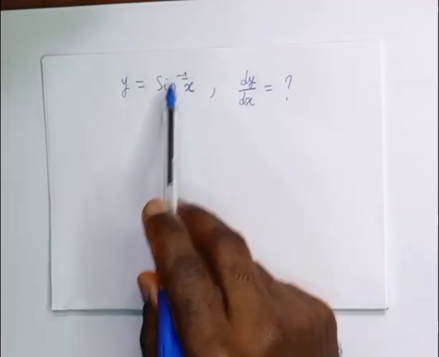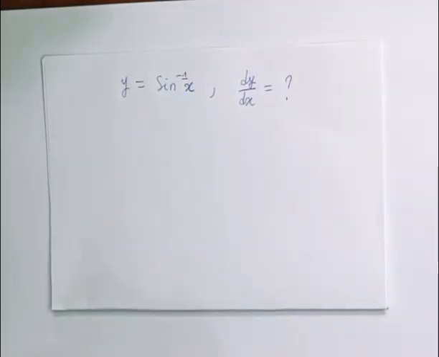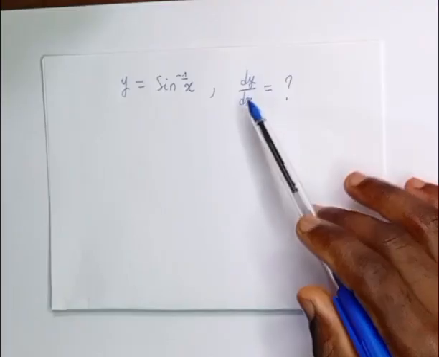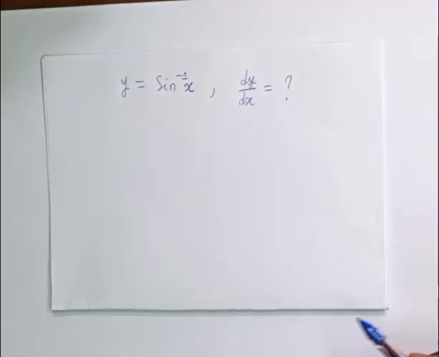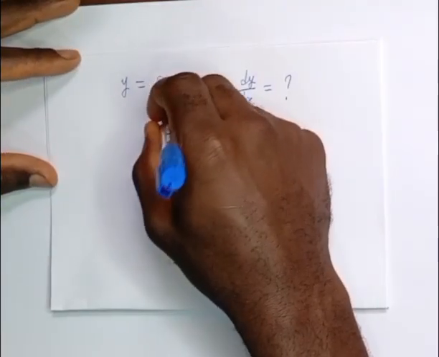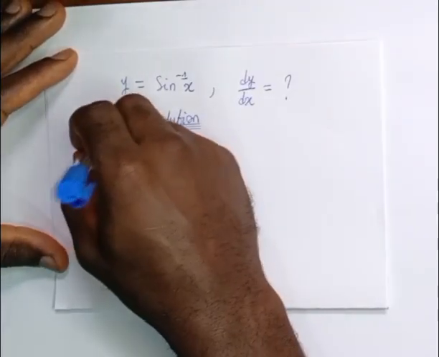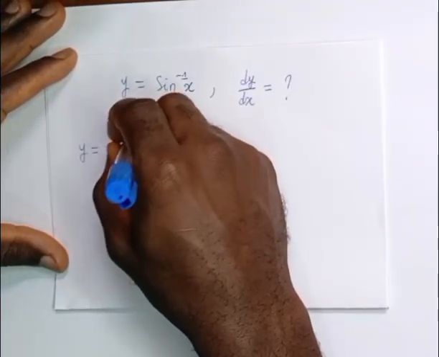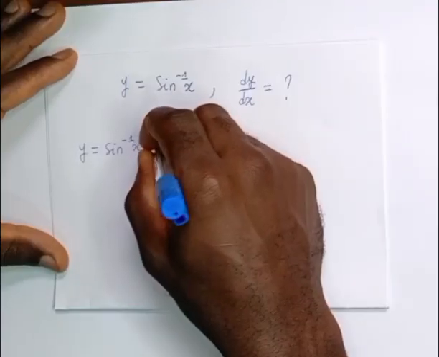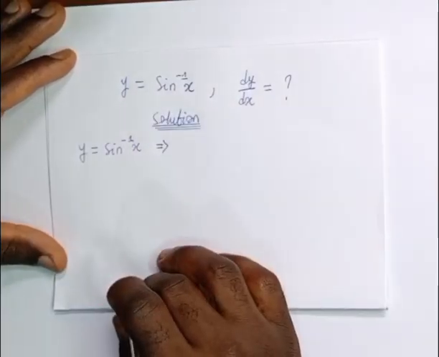y is equal to the sine inverse of x. We have to find dy on dx. We take the solution. Y equal to the sine inverse of x will simply imply that